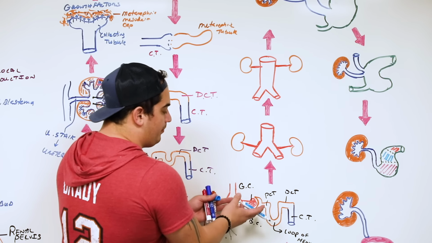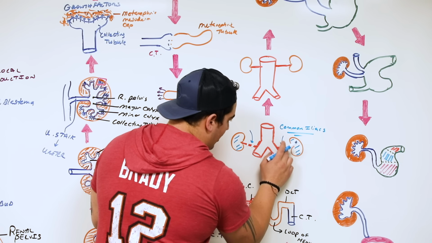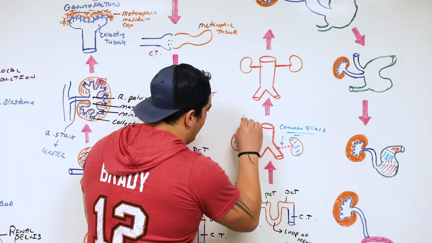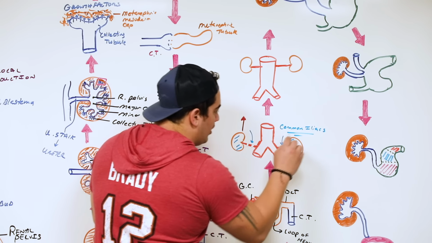Blood was feeding into it via what structures again? Your common iliacs. But guess what happens? The common iliac arteries start kind of breaking down. They start degenerating. And as that happens, the kidneys start ascending. So the kidneys will start moving upwards. As the kidneys move upwards and they lose their vascular supply, they move into the upper quadrants of